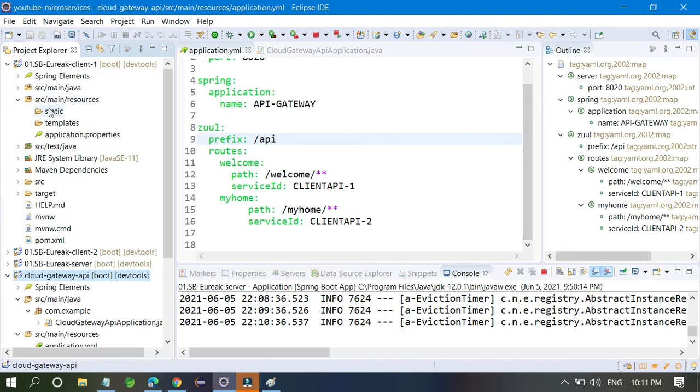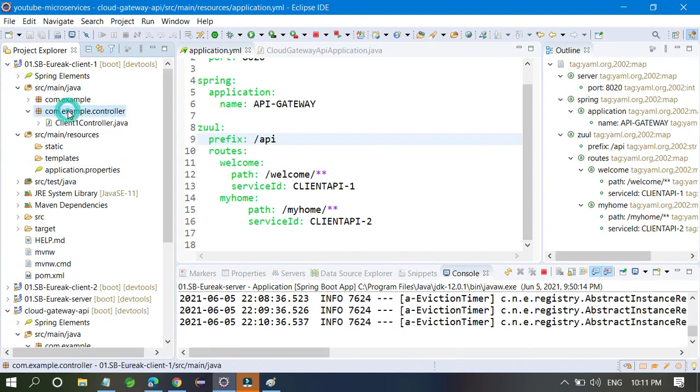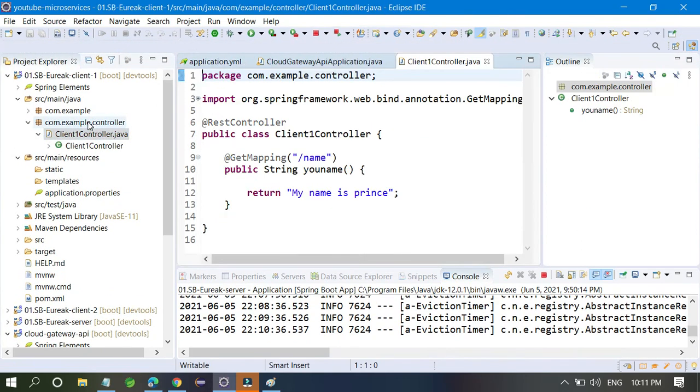You can go to this place, open your controllers, and you can see this is the slash name only. Okay, slash name only. It's fine, no problems. This is the get mapping also.